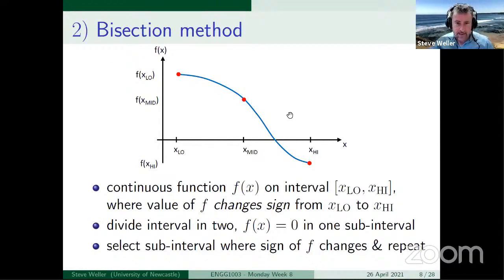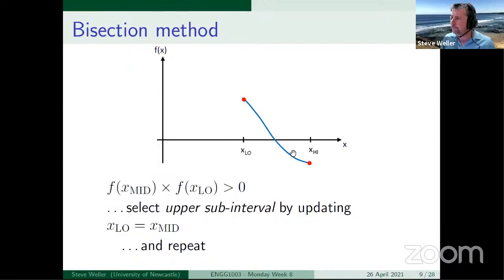So get this picture in your head. Okay, so the function value is positive at x low. The function goes down, it crosses the horizontal axis at some point, and then it gets to a value of x high where the function value at that x high is negative. What's important is that the sign of f, whether it's positive or negative, changes between x low and x high. Okay, we test the midpoint and we find that